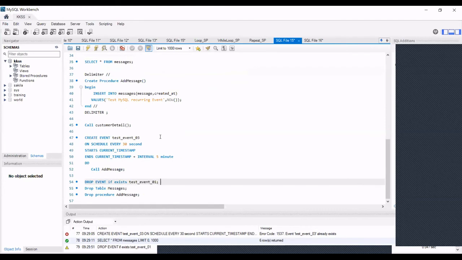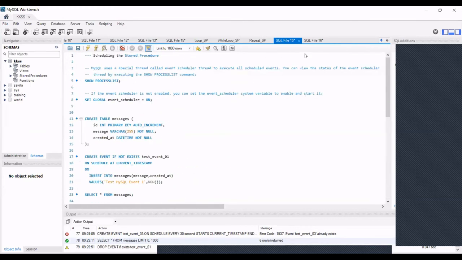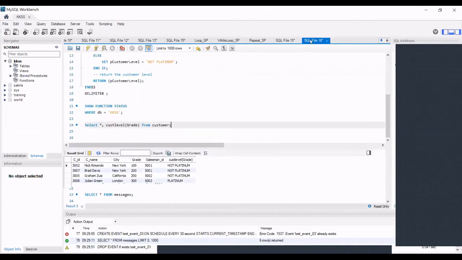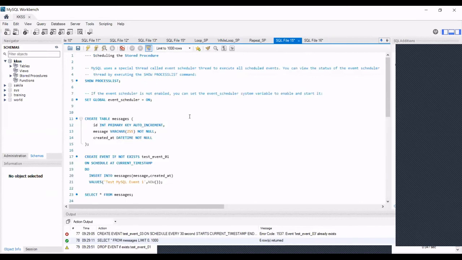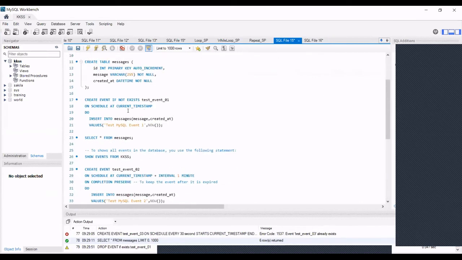So this was the scheduling part. Now we can move to the functions. What is the syntax for calling an event? Like CREATE EVENT and event name, or CREATE EVENT IF NOT EXISTS, which I just put to verify whether this event exists or not. So it's an optional statement. You create event name, ON SCHEDULE, you give the time, and a DO part. In the DO part we actually preserved event number 2, right? Now we want to call that.